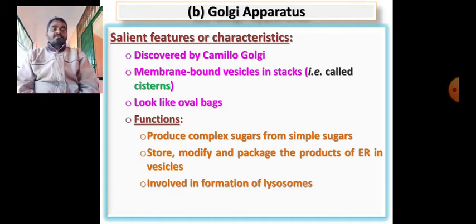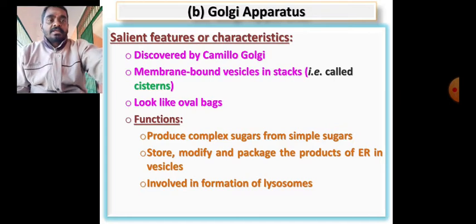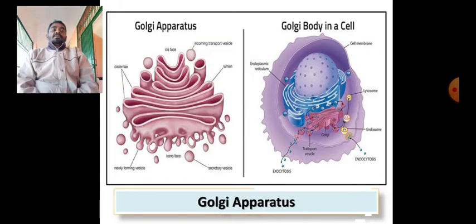Similar to that, endoplasmic reticulum go for producing proteins, fat materials. We have already learned about that. All those materials will be supplied to Golgi complex. Golgi complex collect them, they store them, and then they pack them in the form of vesicles. Vesicles means pouches, bags. That is why Golgi apparatus are in the form of bags or membrane bound vesicles. And they are involved in formation of lysosomes. Lysosomes are one of the most important cell organelles. About that we will see in the successive classes.